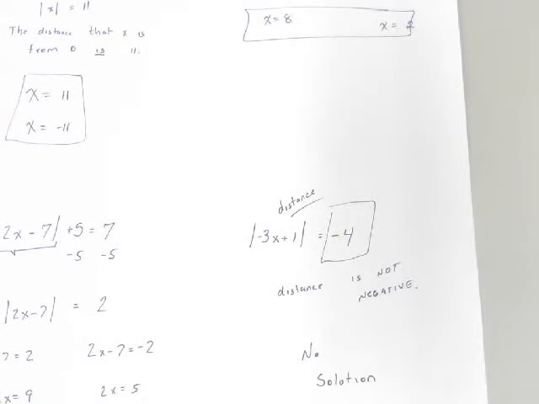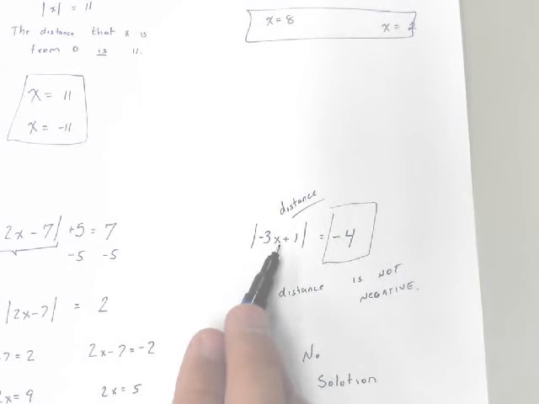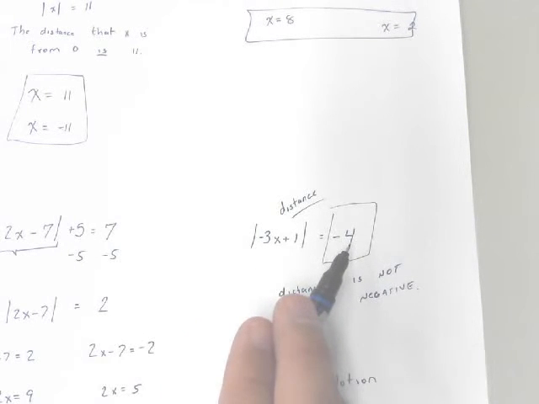I'm not going to try to split it into two different equations. I'm not going to solve for x. I'm just going to recognize that I have a distance on one side, the absolute value. I have a negative on the other side. And distance cannot be negative. By the way, that's just a little different